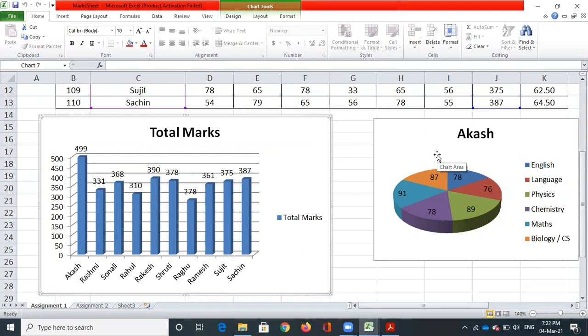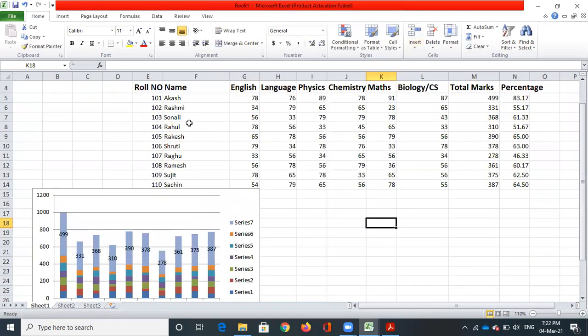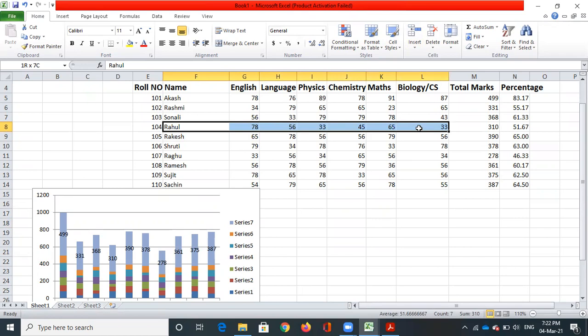This can be done by selecting the row of that particular student. So let us understand that. If I want to plot a graph for Rahul, I will select Rahul's entire row. We should not include the total marks. We just need to include the name and then the different subject marks.